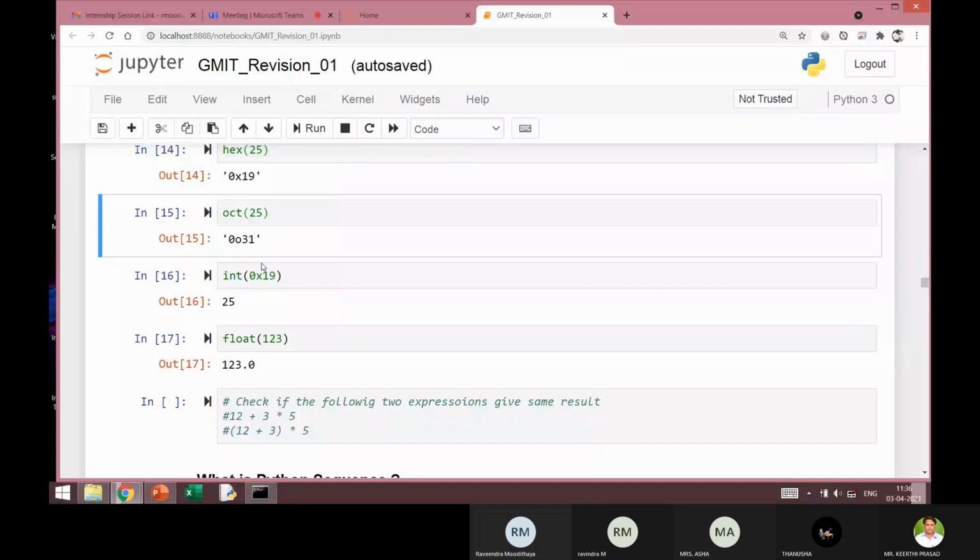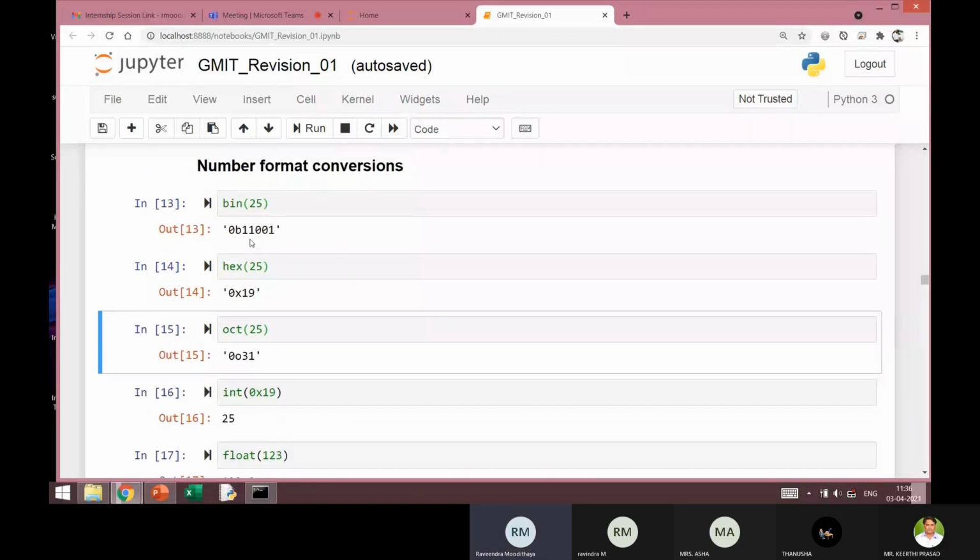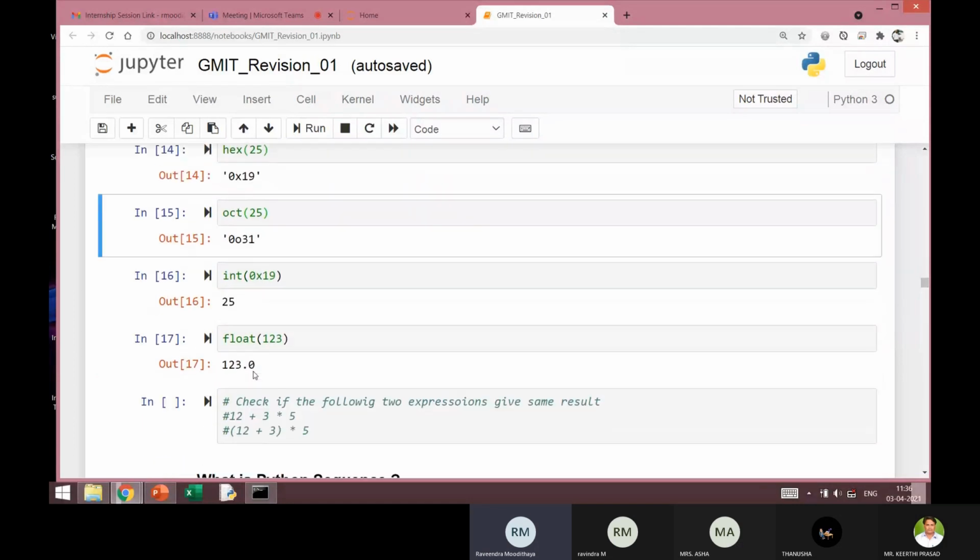And another is the integer. How can you convert any of these representations, for example binary to integer, hexadecimal to integer, or octal to integer? For that I can use the int function. All these are built-in functions. Int of 0x19: when I write 0x19, it is understood that this 19 should be interpreted as a hexadecimal number.